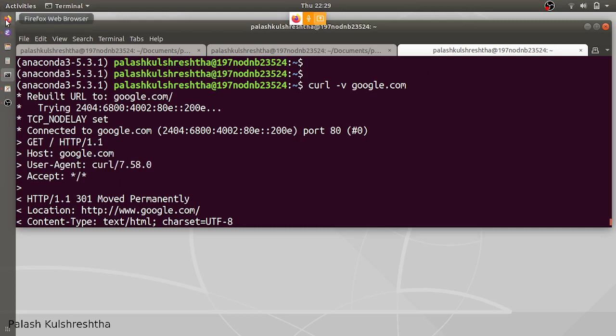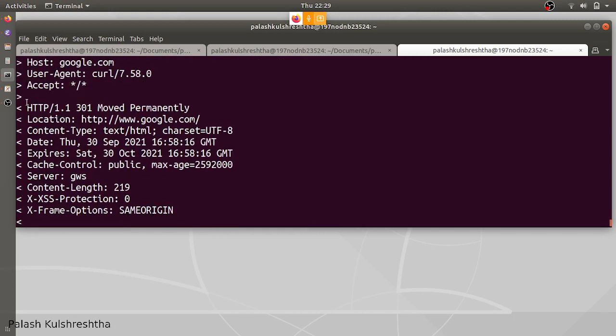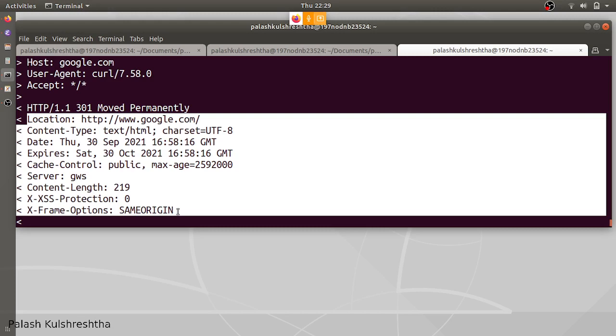If you call your API via a browser, it is going to give a different user agent, and accept is some other header. There are multiple headers. And what is the response? This shows the HTTP version that was used, this is the HTTP status code, this is the corresponding status code text, and these are the respective response headers.